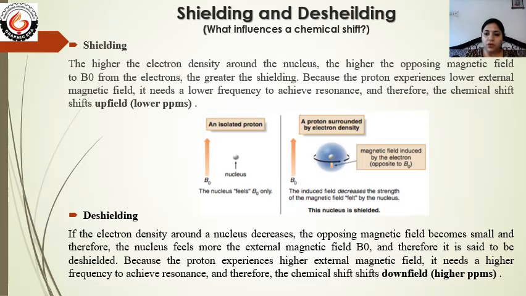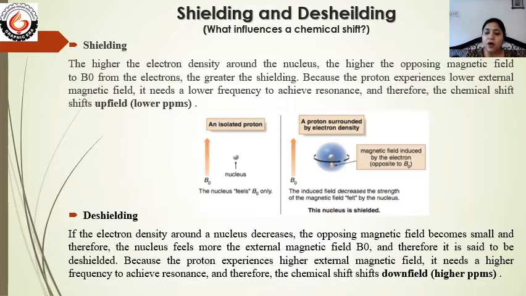Now the question arises that we are always checking for hydrogen only. In other cases, like if I am talking about the IR, it shows different types of functional groups. Here, what type of message are we getting by only checking the H in the compound? So there are some factors which influence the chemical shift.